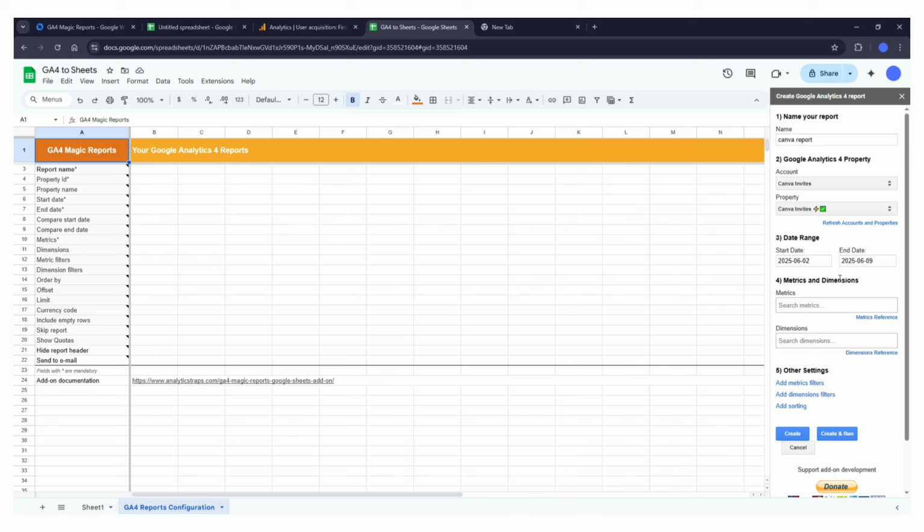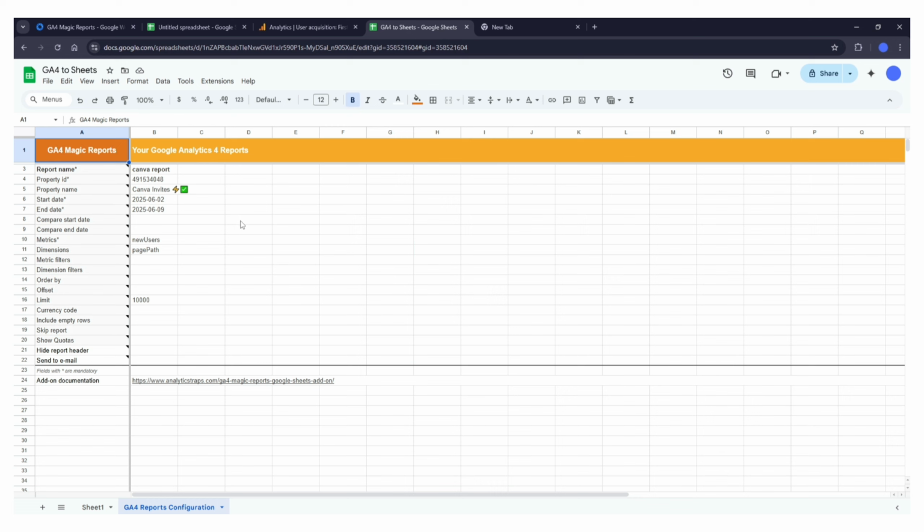And then we have to select the metrics and dimensions. Metric is basically the number data, so we are going to see the users, the new users. And then we want to see the dimensions. Dimension is basically the name, where these users are coming from. Basically you are giving a name to this number, to this metric. In the dimension we want to see the page path, the page where the users are coming. And then we are going to click on create,